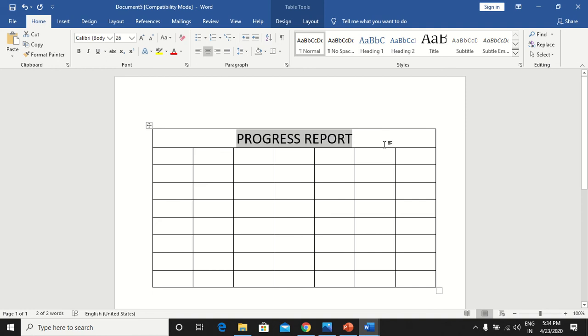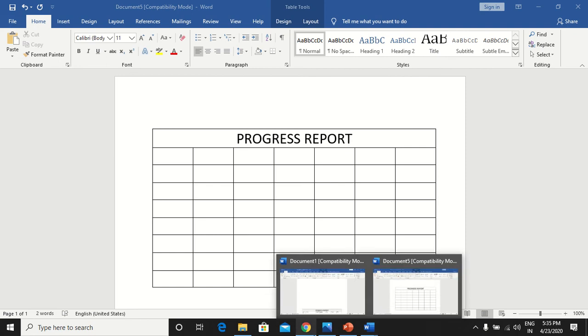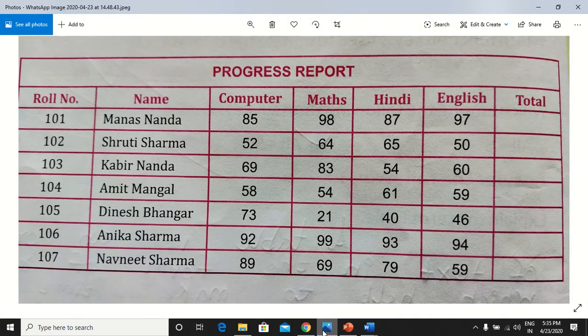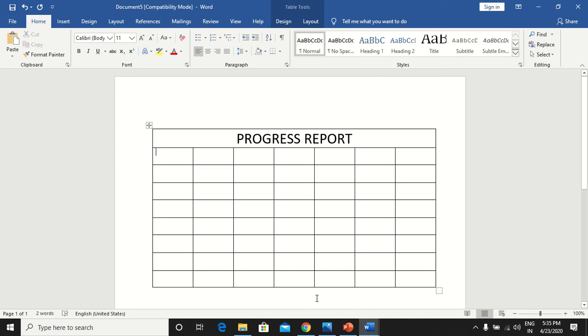Now the first column is Roll Number, Name, Computer, Maths, Hindi, English, Total. Now I want to go to the next cell. I will press the Tab key.